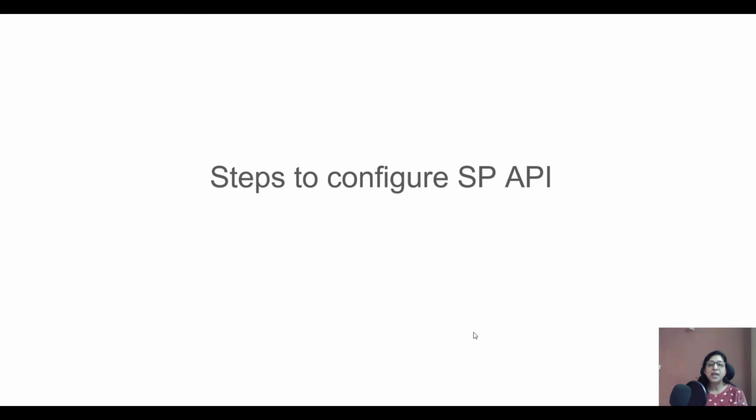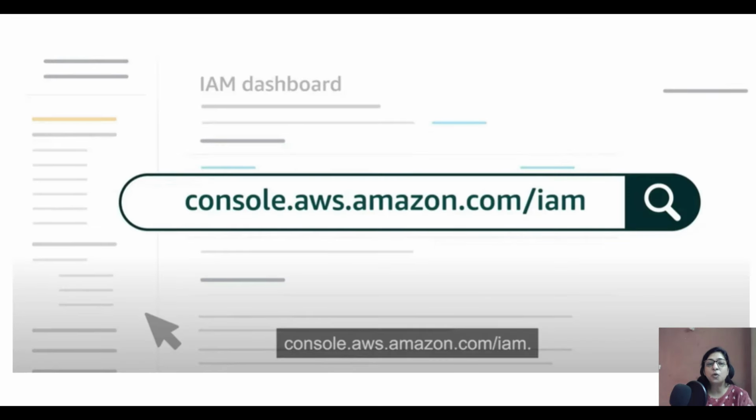Now let's come to the main step, a step-by-step configuration of SP API. I'm going to walk you through each and every step that is required to configure this. The very first step is you have to go to the console. The link is already on the screen. It is console.aws.amazon.com. If you don't have an AWS account, that is the very first requirement to get you started. If you already have an AWS account and still want to implement SP API, these steps are still mandatory for you in case you are implementing it for the very first time.